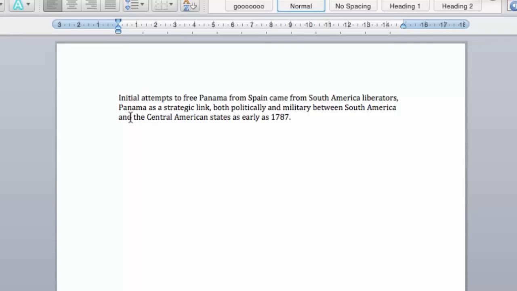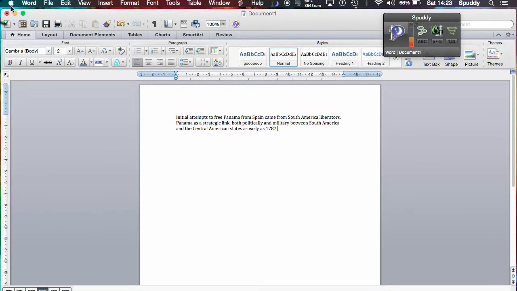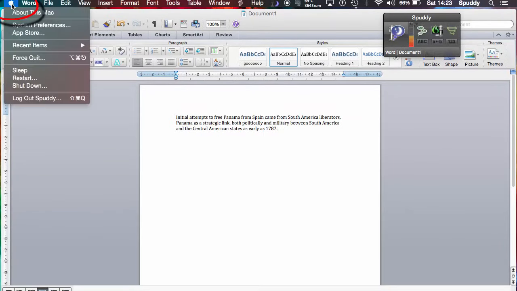So I now need to proofread that back to check it. So I can do that with the built-in speech options that's built into the Mac. Now Dragon actually uses the built-in voice, so if you go top left hand corner and select the Apple icon and go down to System Preferences